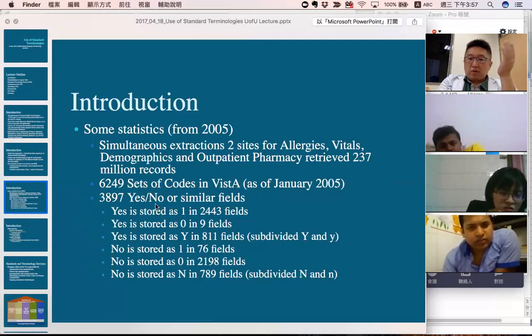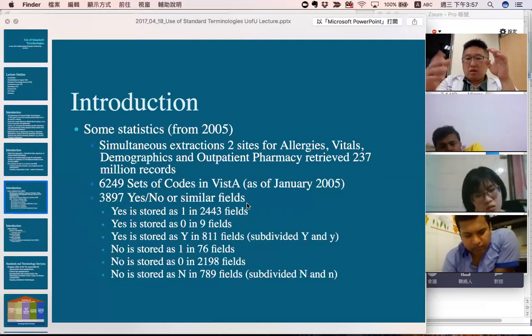And previously I talked about how in a health record, we can store not only text information but also survey values, like yes or no. You can see that there are around 4,000 fields stored in checkbox style. Here I just give you a rough idea of how complicated the health information data is in a healthcare system. So we do need a system to store all these kinds of models. Okay.